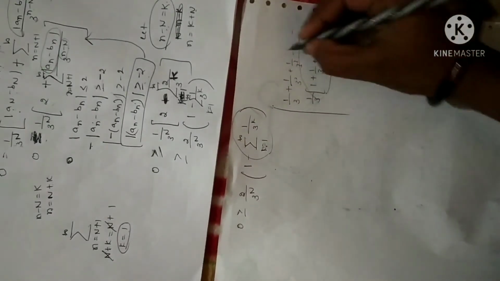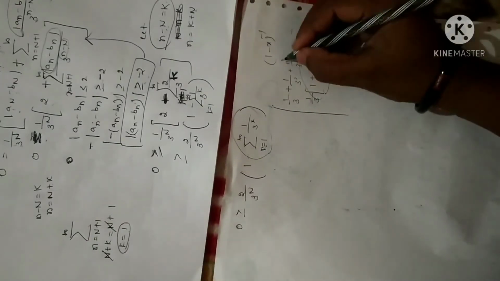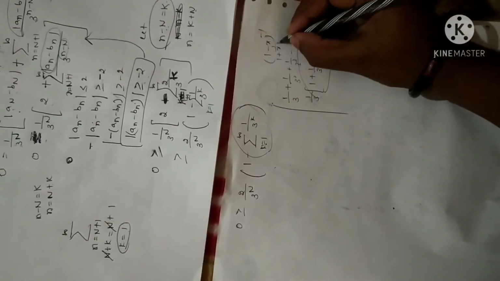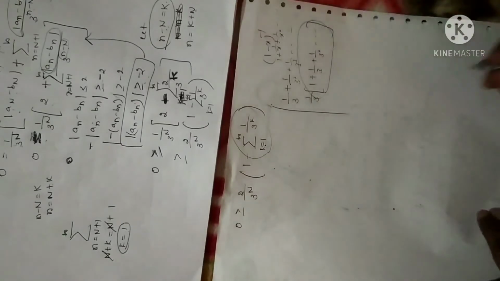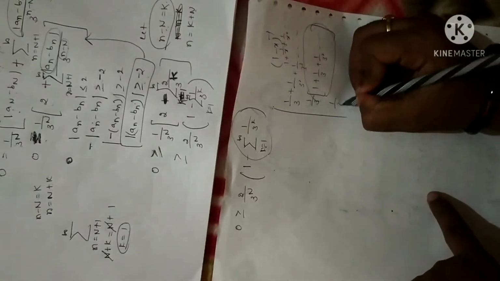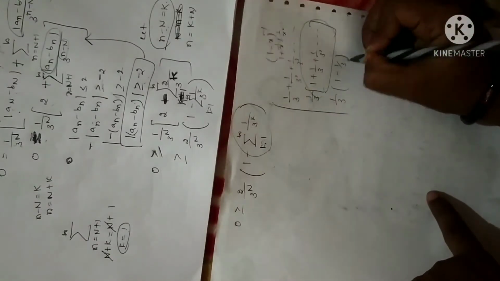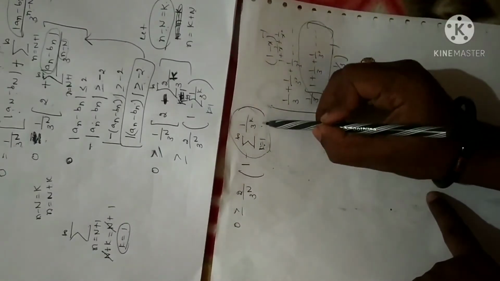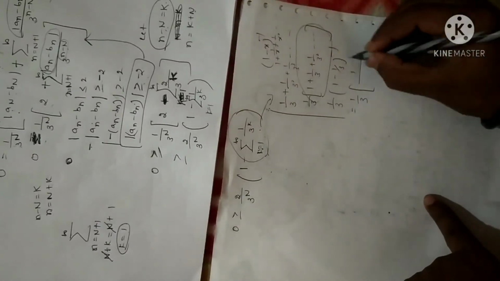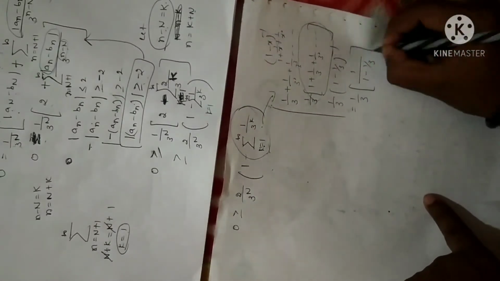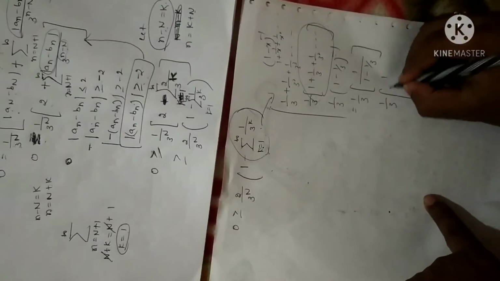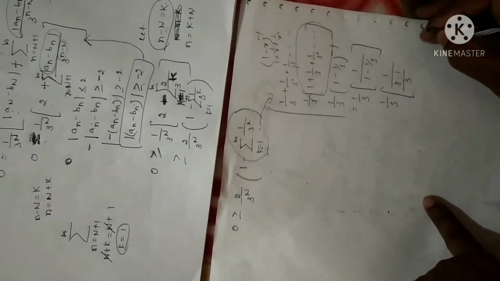So this is of the form (1 minus x) power of minus 1. The formula is 1 plus 1 by x plus 1 by x square and so on. So similarly, how can I write this as (1 minus 1 by 3) power of minus 1? I am simplifying this whole summation value. Fine. Or else I can write this expression as 1 divided by 1 minus 1 by 3. So this will become 1 divided by (3 minus 1) by 3.